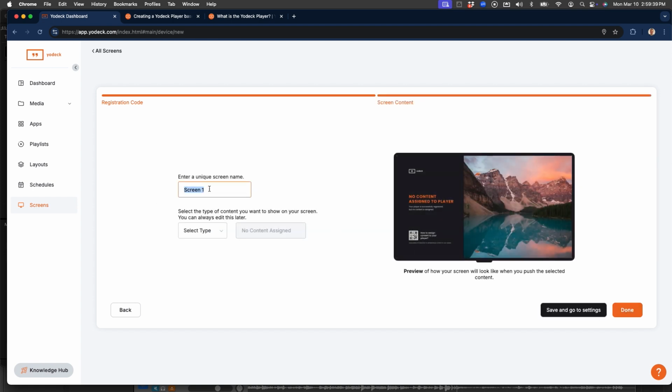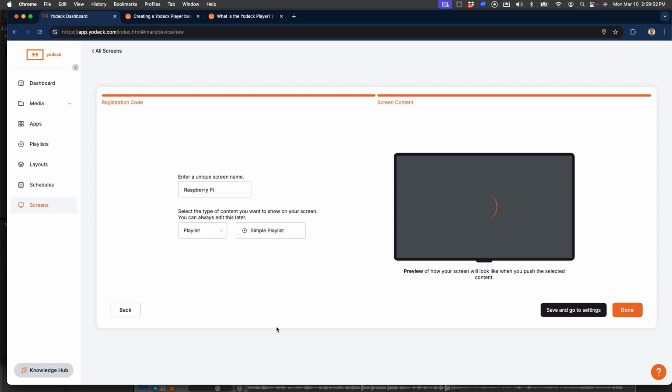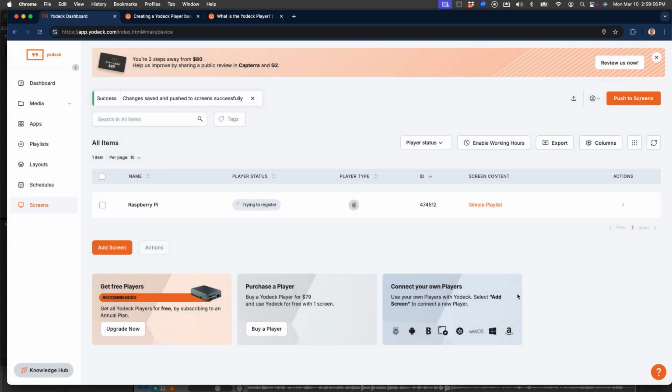We'll call this Raspberry Pi, and we'll choose playlist, and we'll choose simple because that's the default. We'll click OK, and done. So now we can publish our content to this simple playlist and see it on a Raspberry Pi using Yodeck.